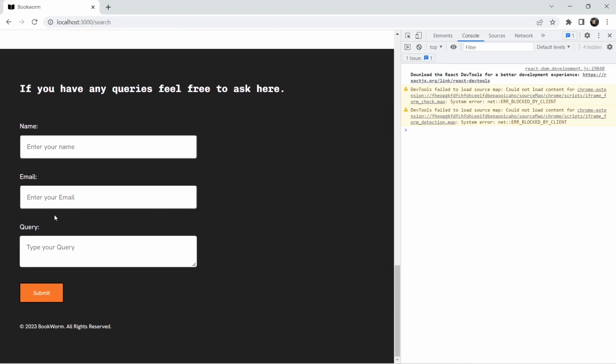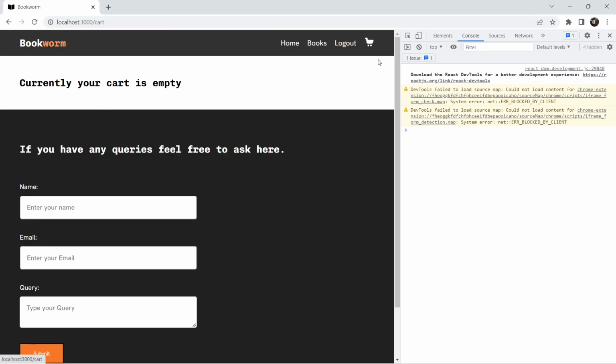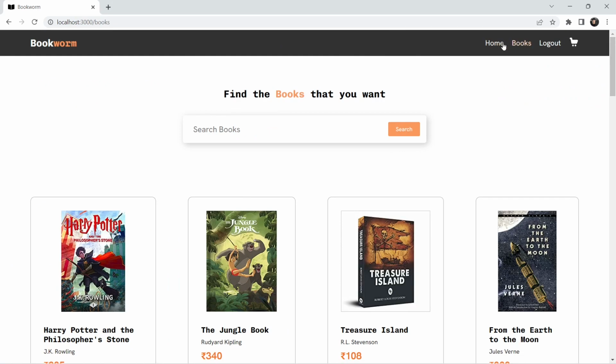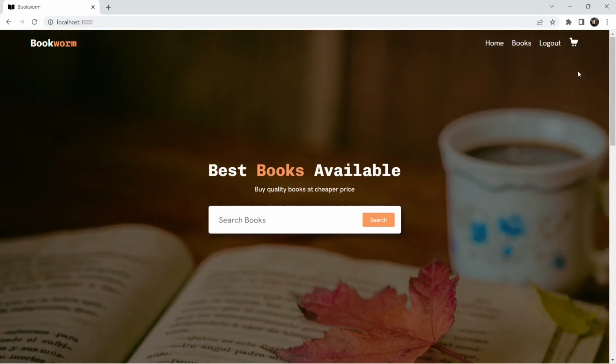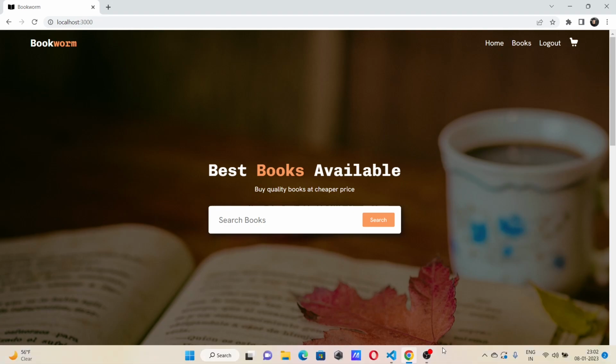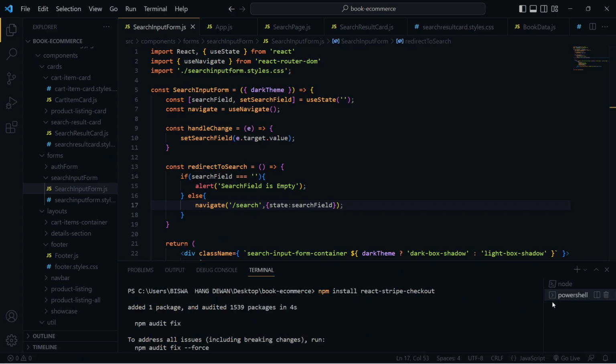We have also added the functionality to submit the email as well. And yeah, I think this is it, guys. So with that search functionality being done, I think we have completed our project. So the final thing I want to do is deploy this live. So for that, let me go to my terminal,